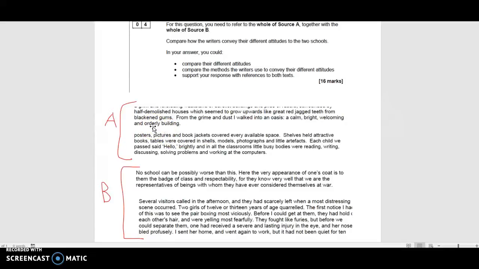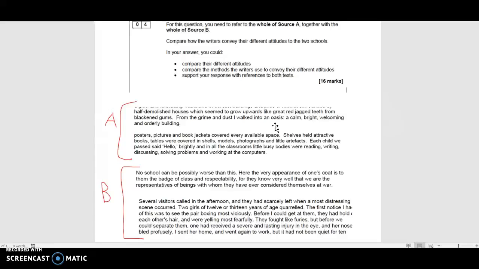So try not to just say the writer has a positive view of the school. You want to be a bit more specific. So here we could say the writer in source A thinks that the school is a peaceful, friendly and organised place. Yeah? So we might want to use the word adjectives. So we could say the writer used adjectives that show he thinks it's a peaceful, friendly and organised place. And then we've got our method in there. You might want to focus on this word oasis if you know what it means, because that's quite a striking word. So by using the word oasis,